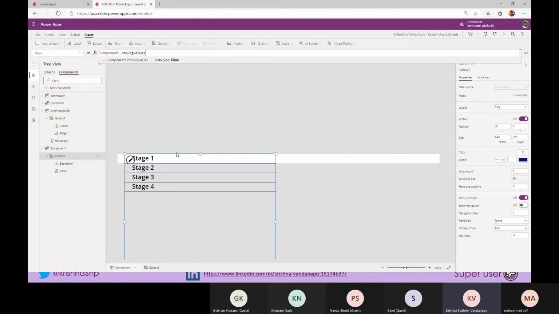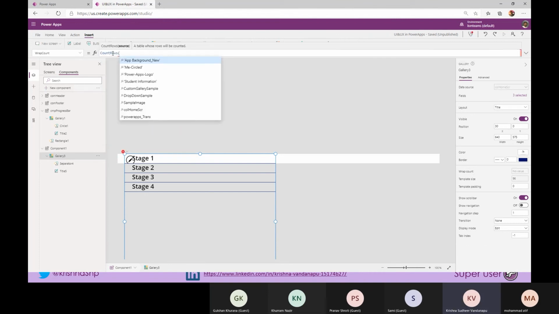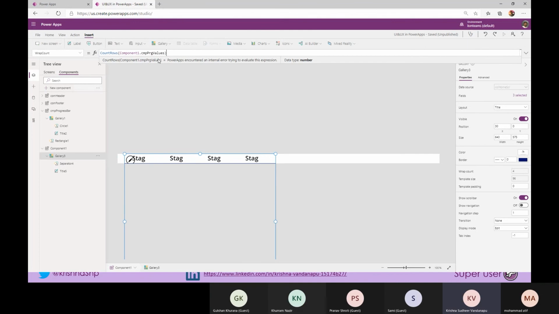Now, if you see this, it is not coming in a horizontal way, it is coming in a vertical way. How that can be controlled is using the Template Count. Go to the count rows of, again, component one dot component progress values. If you see how many values I have, four.